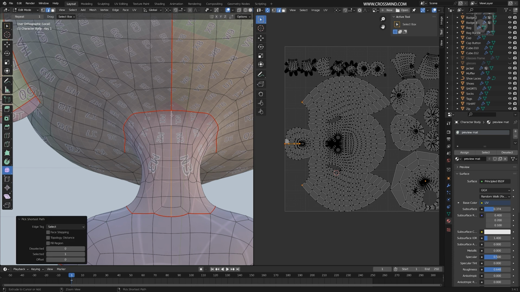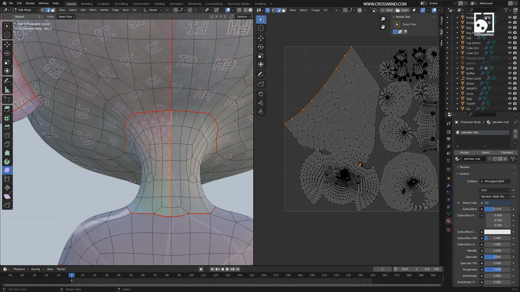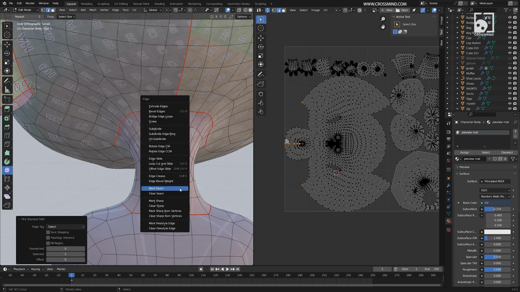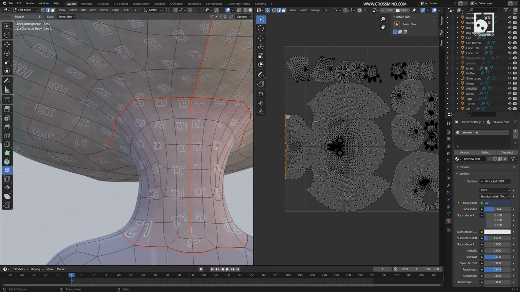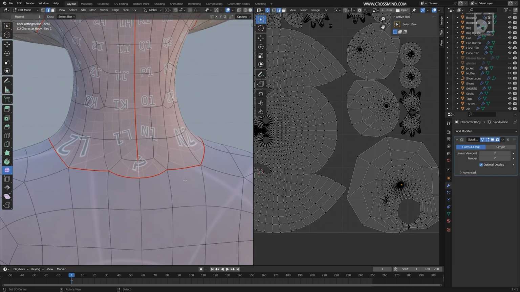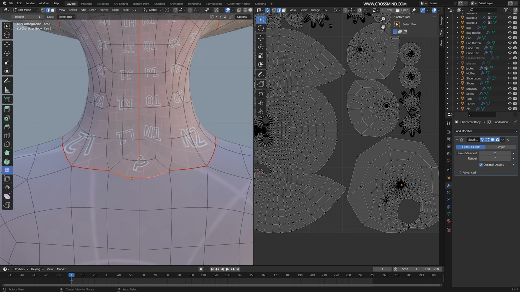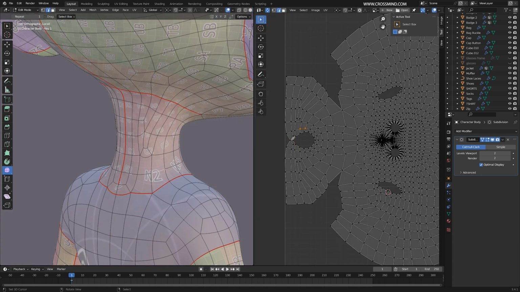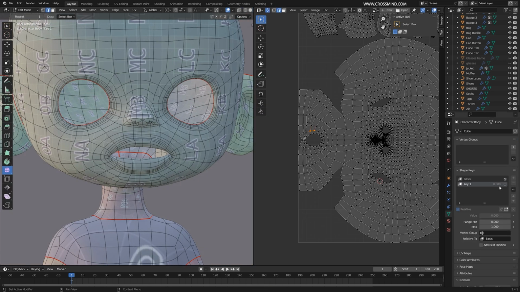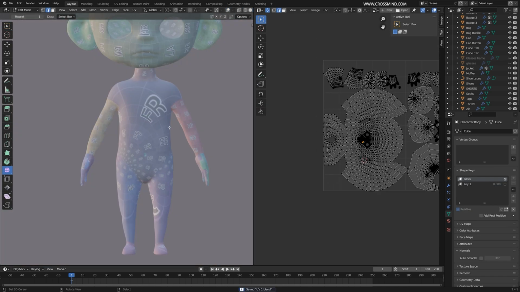Something strange is going on here. I'm not sure what the issue is, but I'm just trying to figure it out. If I leave this one edge, it straightens out the UV, but if I connect it through and through, it's kind of making this weird shape. So I'm just going to leave it as it is. So this seems fine. Let's see if the rest of the things are working okay. Oops, forgot to turn off this shape key that we had made for mouth open. You can delete it if you want.